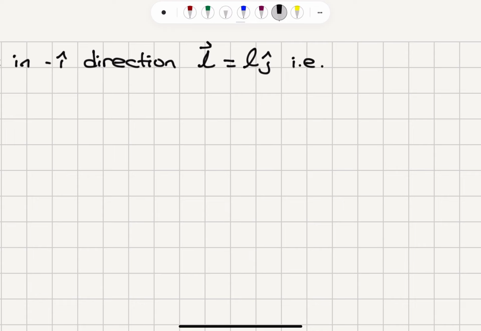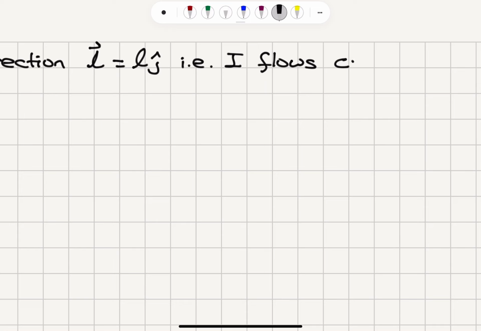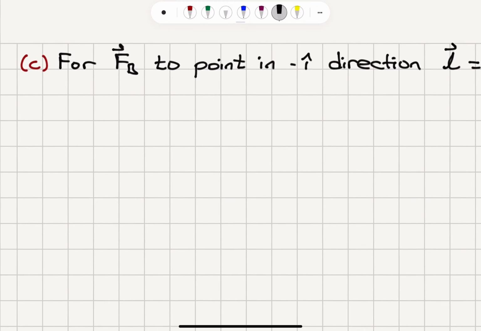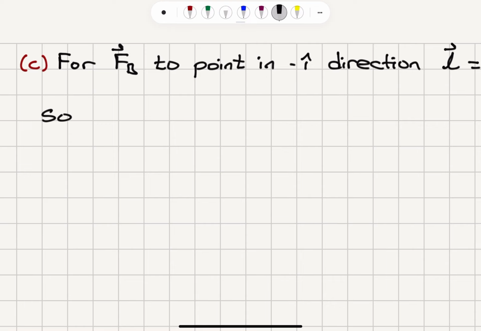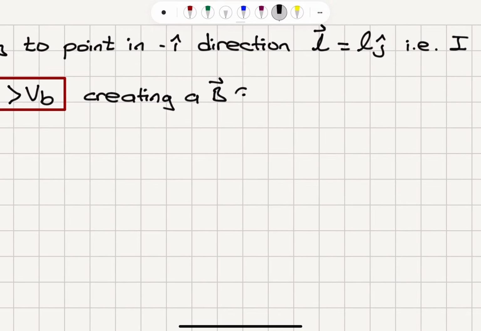That means the current I flows counterclockwise, so that the potential of A is greater than the potential of B. This creates a magnetic field out of the page in the k hat direction